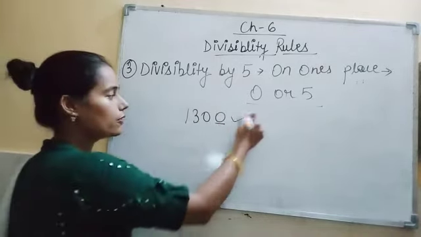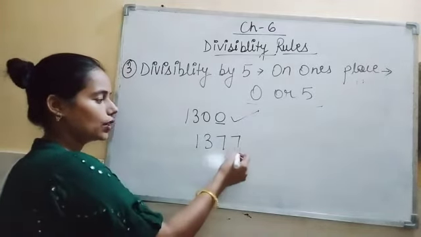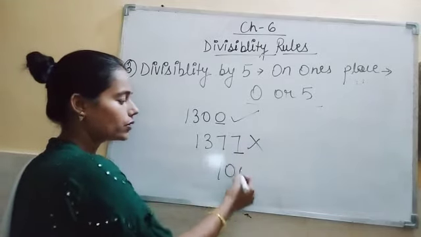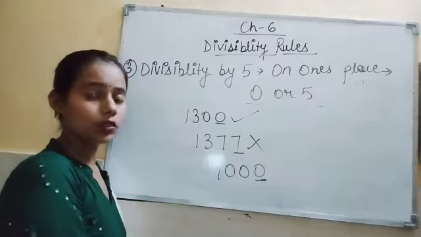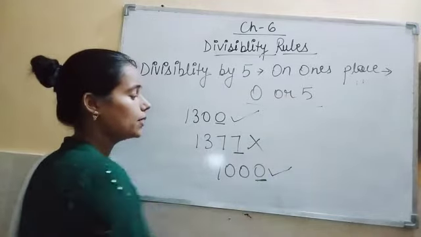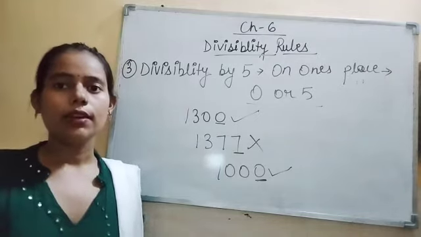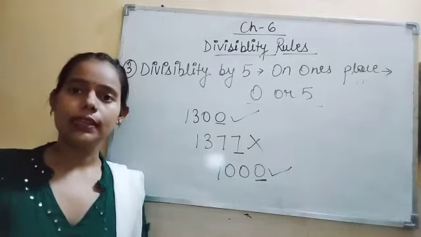So that means it is divisible. If I have 1377, so class, our next digit is 7, so it is not divisible there. If I have 1000, on the ones place we have 0, so it is divisible. So class, if the number written on the ones place is either 0 or 5, then it is completely